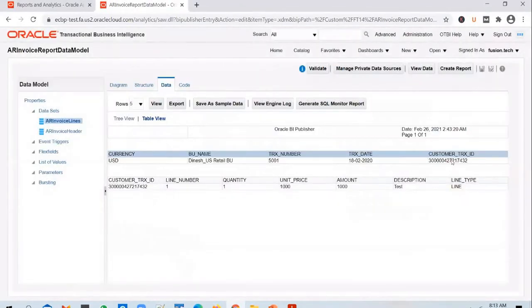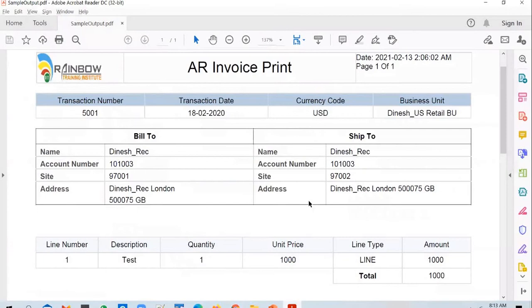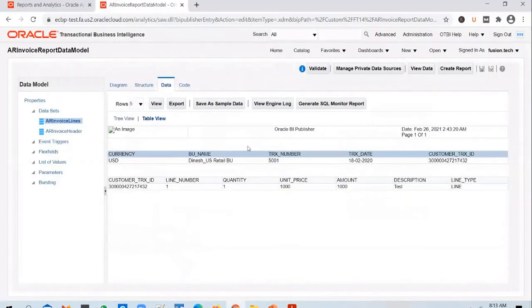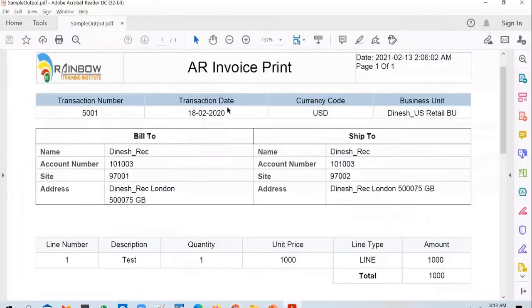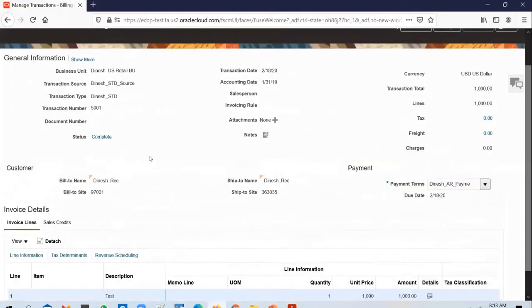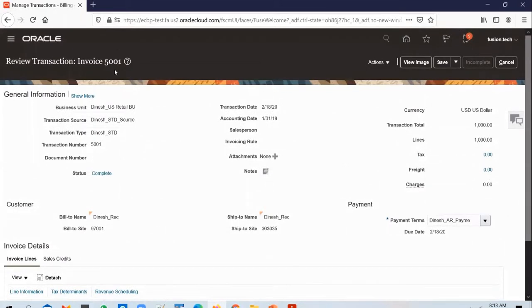If you go to the table view, you will be able to see the information printed. So yes, we were able to pull two details now: the invoice header details and the invoice line details. But apart from these two, in this PDF document we have information to print this section and this section as well. We need these two details as well, like the bill to customer details and the ship to details. So the way it works is in ERP Cloud, when you create a transaction,